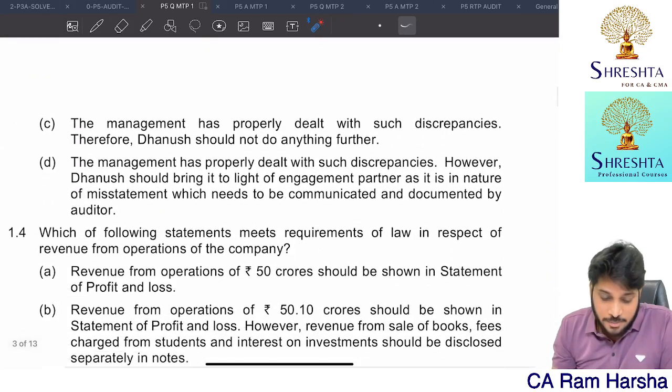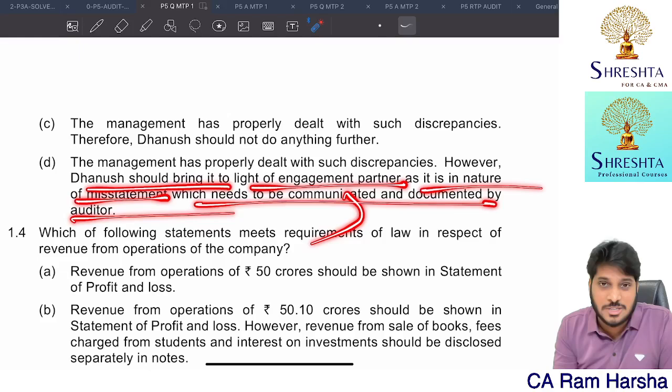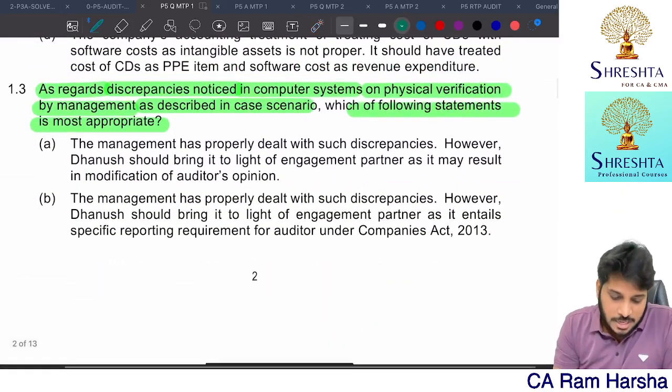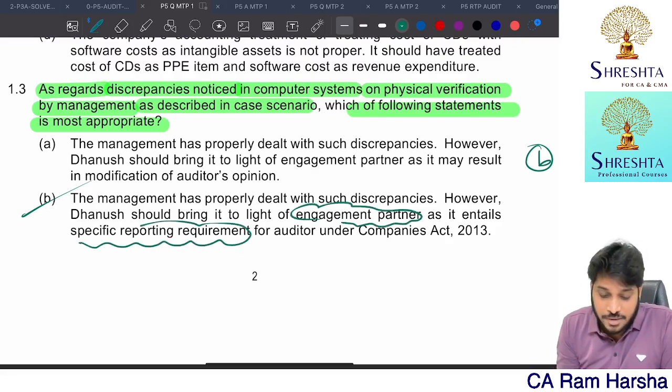Yes or no? Then the management has properly dealt. Dhanu should not do anything further wrong. The management has properly dealt with that discrepancy. However, Dhanu should bring it to light of partner as it is nature of misstatement, which it is not misstatement at all. The answer is B, because Dhanush has to communicate it to partner because it results in specific reporting